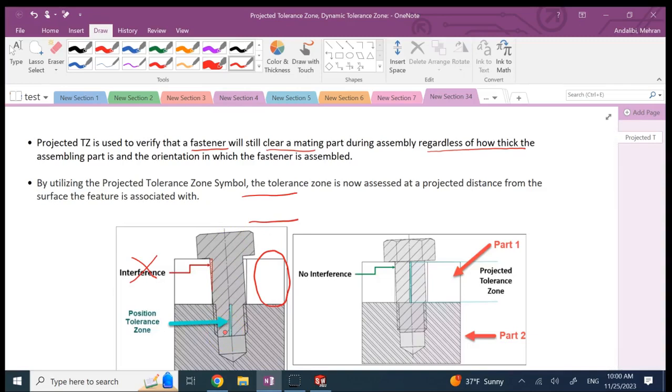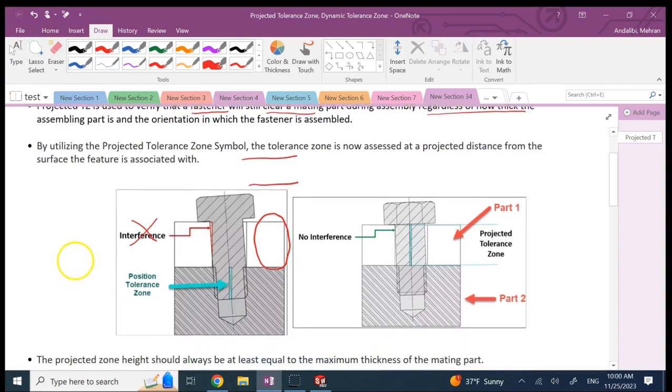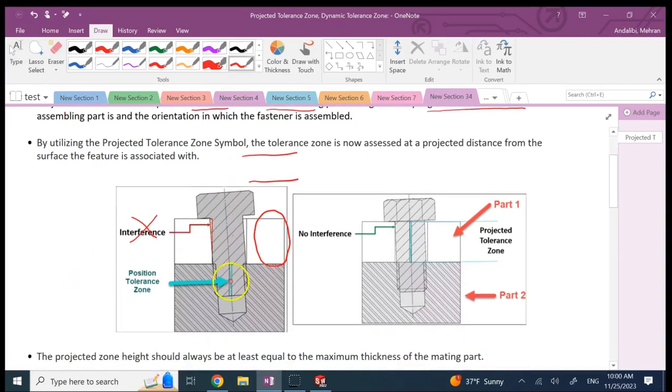And you might say, well, does it matter how thick? Yes. Because if you look here, there is a little bit of exaggeration, but the drilling is done with a little bit of tilt. So the axis here of the bolt is not 100% perpendicular to these horizontal planes of the parts. And when that happens, if you look here,